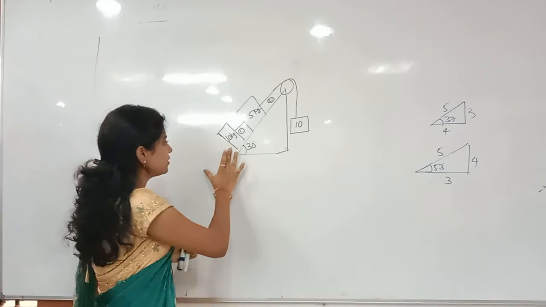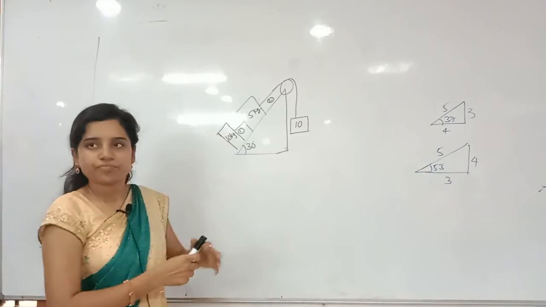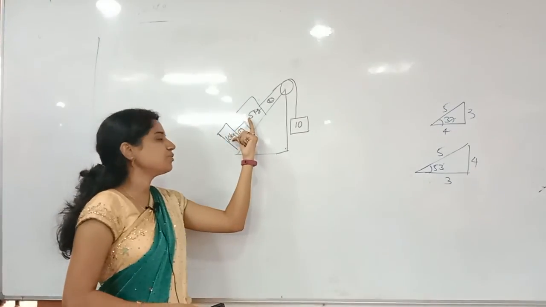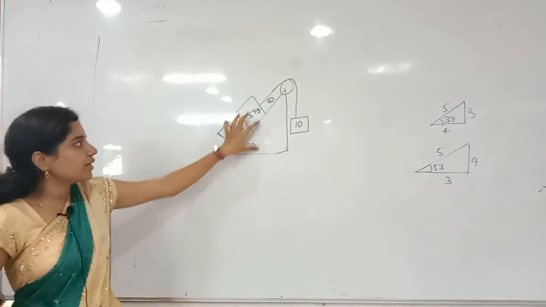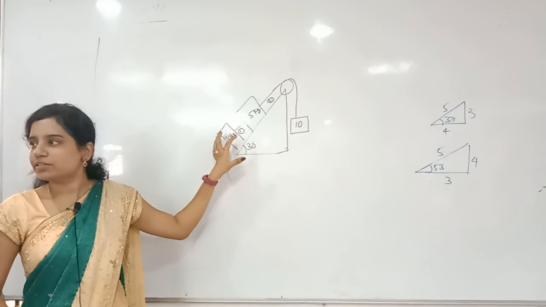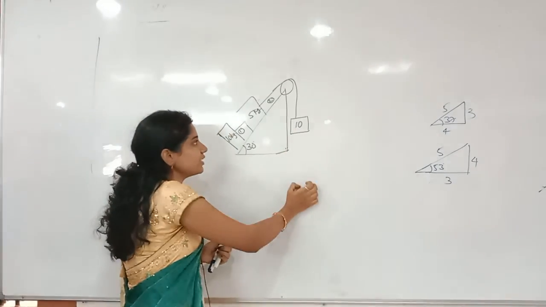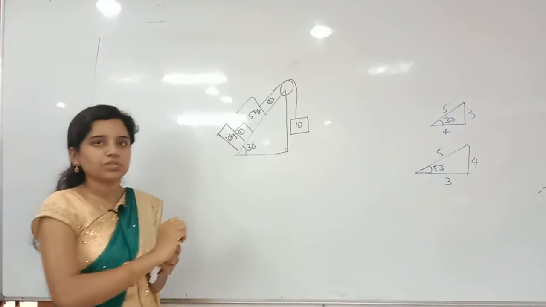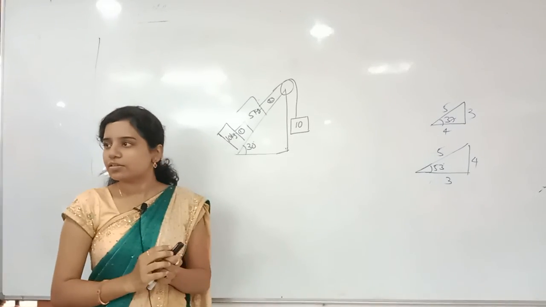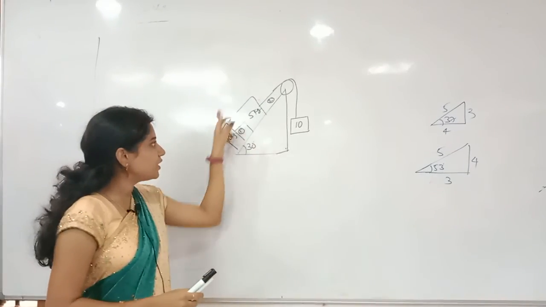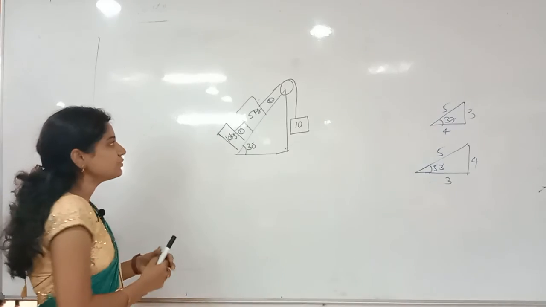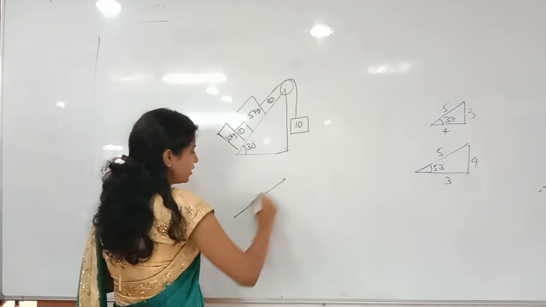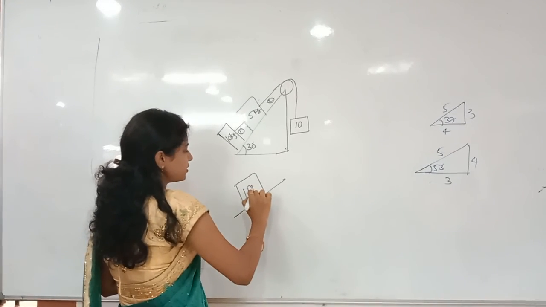Now, this one is 10 here. This mass is how much totally? Can I take the total as 1 mass for finding acceleration? Yes, why? Because this 10 kg is pulling 2 masses. The 2 masses are moving together. Whenever they are moving together, I can consider them totally as a 15 kg mass.